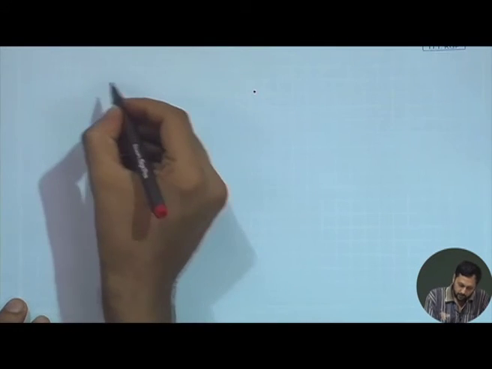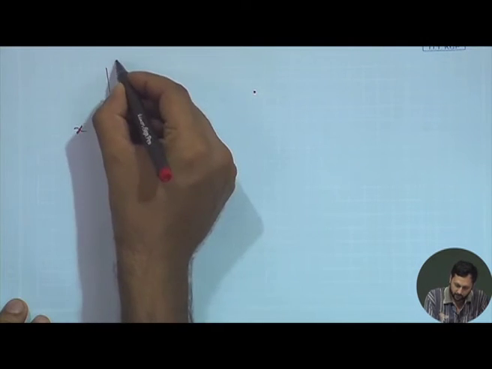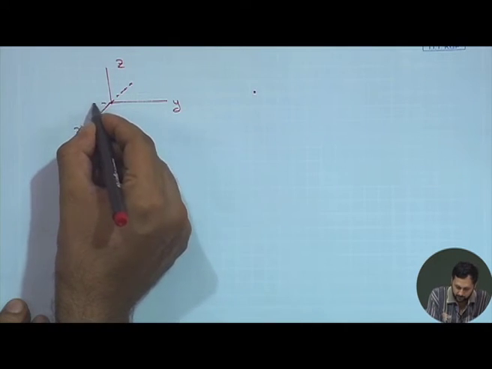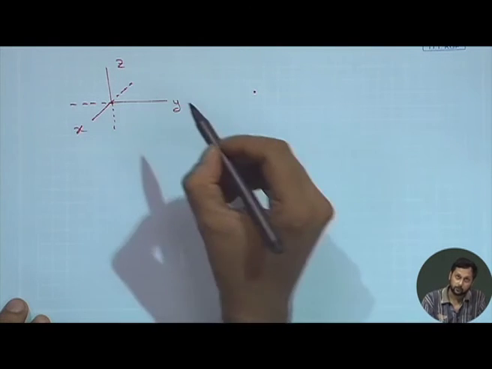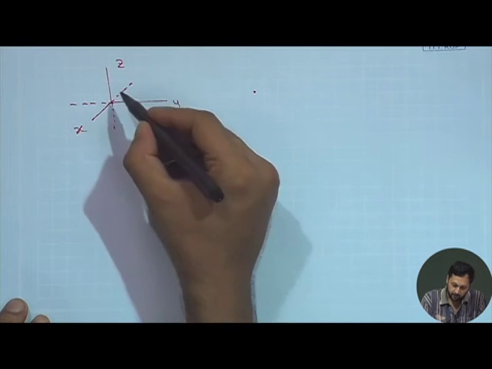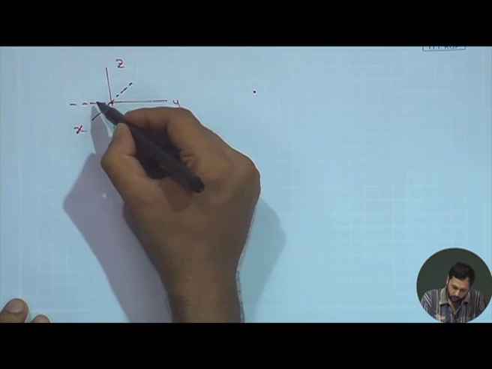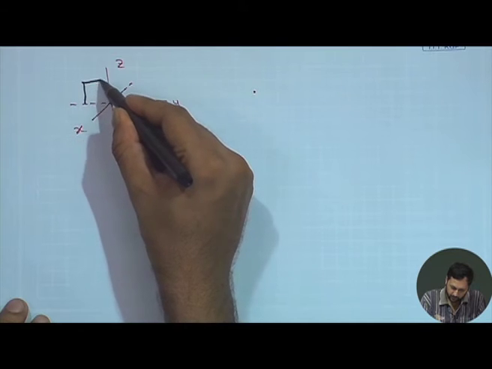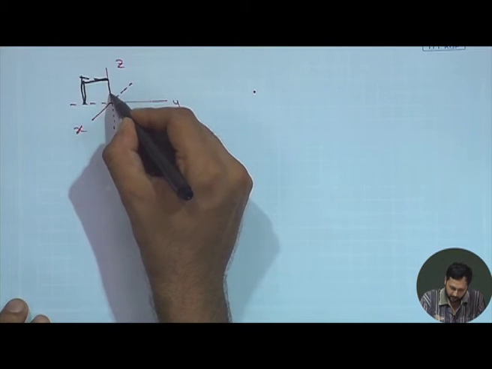Let us take an example. Let us say we have one axis system x, y and z. We have in the negative direction also negative x, negative y and negative z. Now, let us say we have a mass distribution in this particular axis system which spreads along negative of y and positive of z. So, let us say we have a rectangular sheet standing like this.